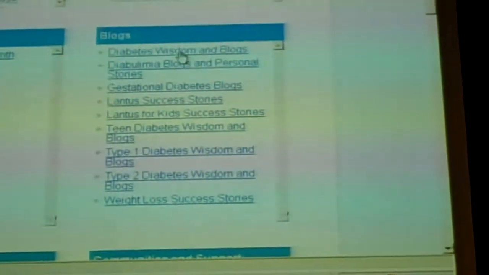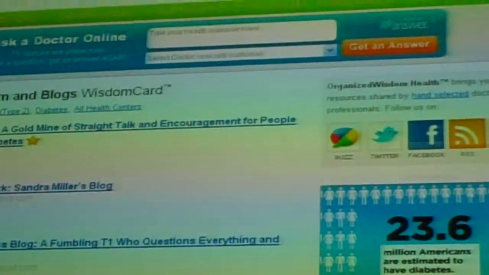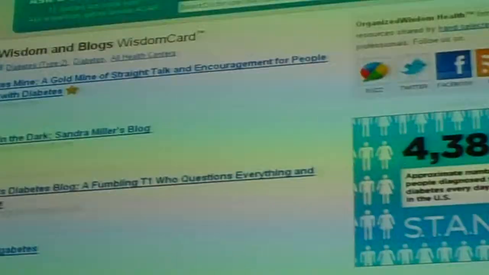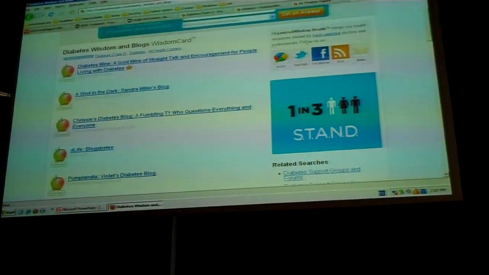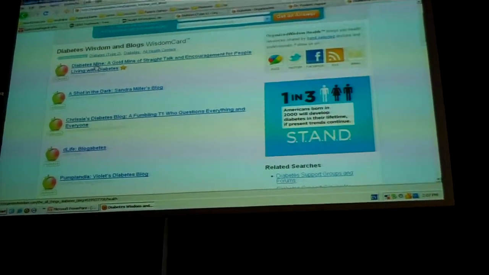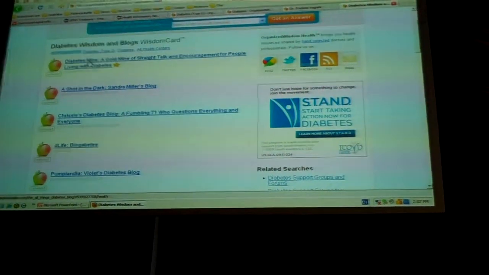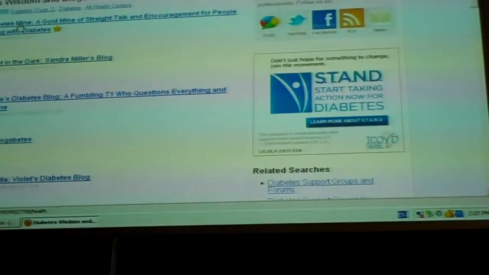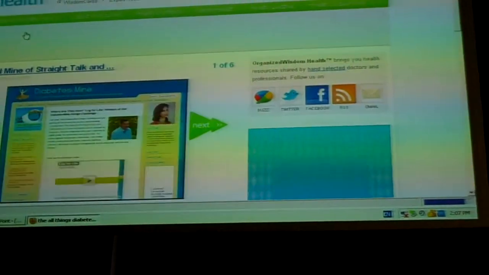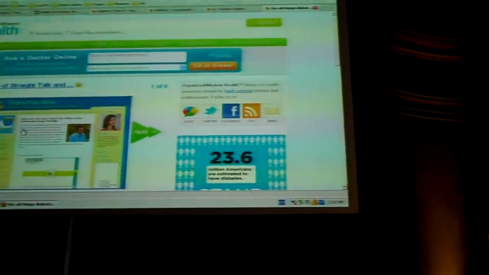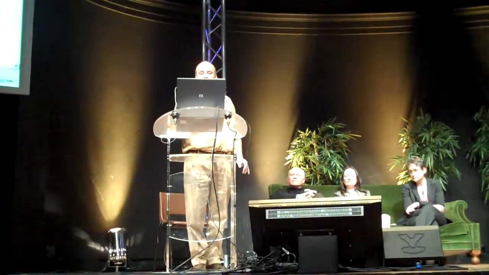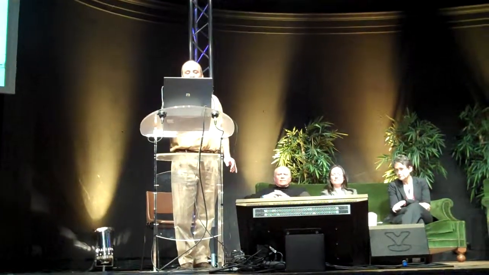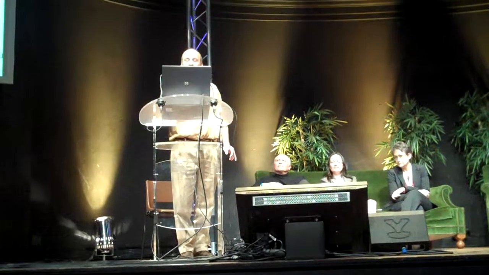So here there are diabetes wisdoms and blogs, and you'll find that here are particular diabetes blogs which somebody at Organised Wisdom, usually a physician or a medical professional, has checked and said, yes, this one's a good one, this one's not a good one. So for instance, their top blog here is Diabetes Mine, which many of us in the US are familiar with. Amy Tenderich, someone we've worked with for many years, has created her own blog, and there's the Diabetes Mine blog you can get to. So they've basically done a selection process. A couple of other things have gone on. Here's some other information on diabetes type 1, again selected, pre-done.